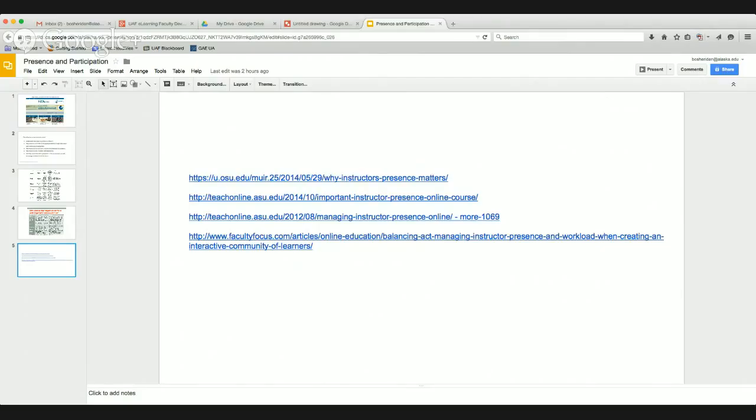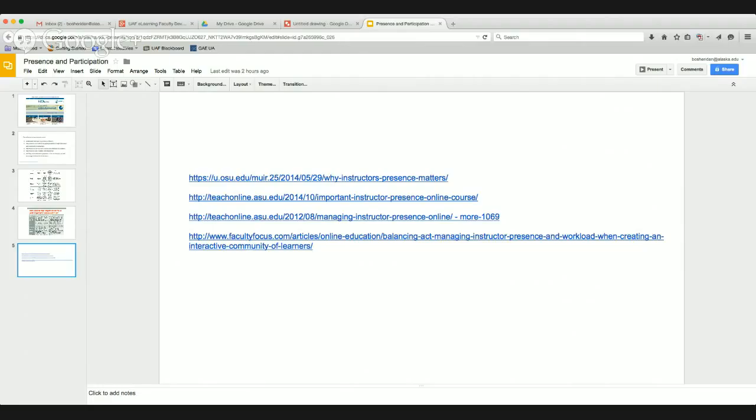This last slide, which you can mull over if you like, is a list of fairly recent articles, within the past year or two, about instructor presence: how different instructors and different universities, and I think these are all from instructional design sources, are managing to create and maintain instructor presence and to what benefit to their students.